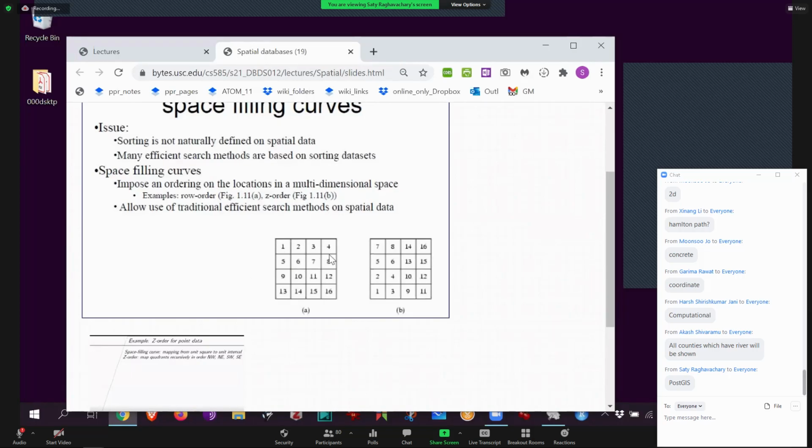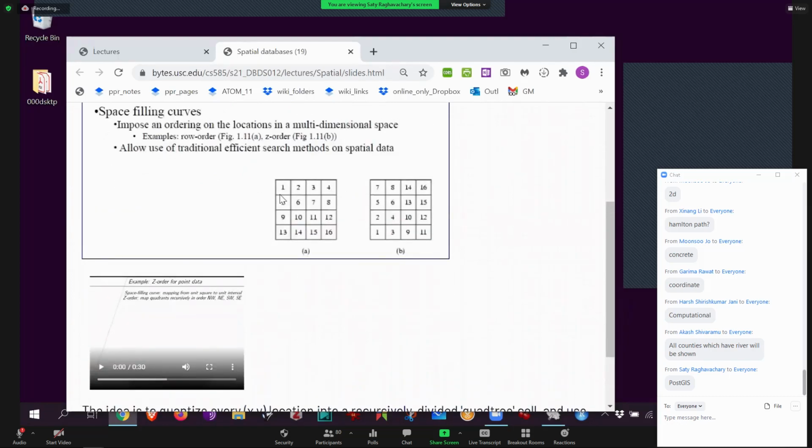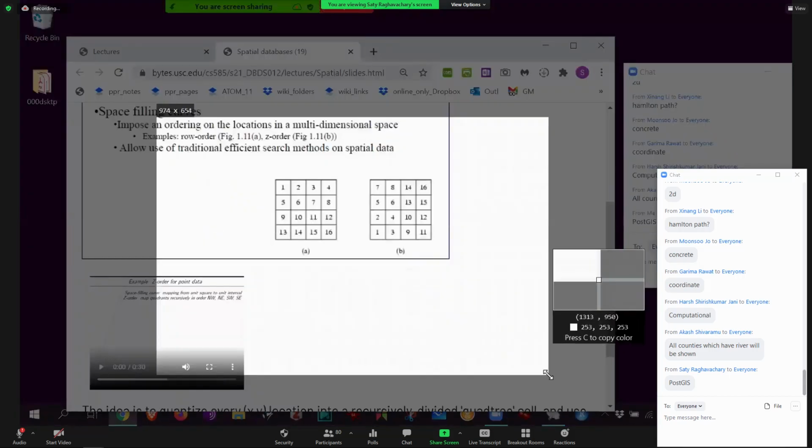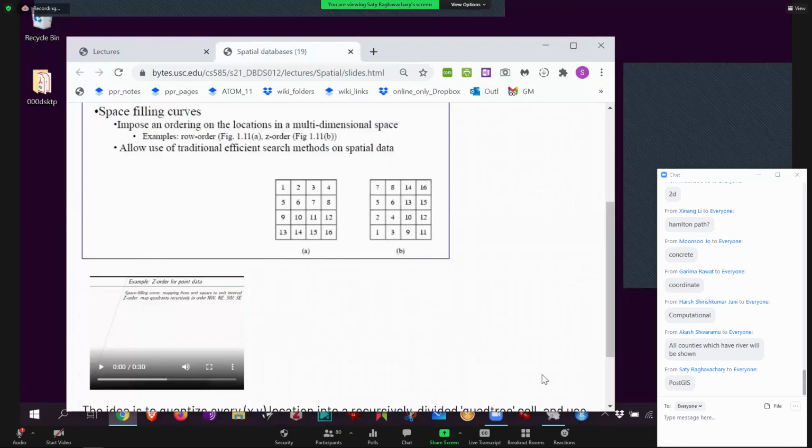I want to index all the spatial data. This is a very simple square of spatial data somehow. The question is how, okay? One way to do it, this is not how it's done in the real world, is to do what is called a space filling curve, okay? So space filling curve is literally, what if I take a one-dimensional curve and somehow make it be two-dimensional? That is called a fractal, what I just told you, like this.